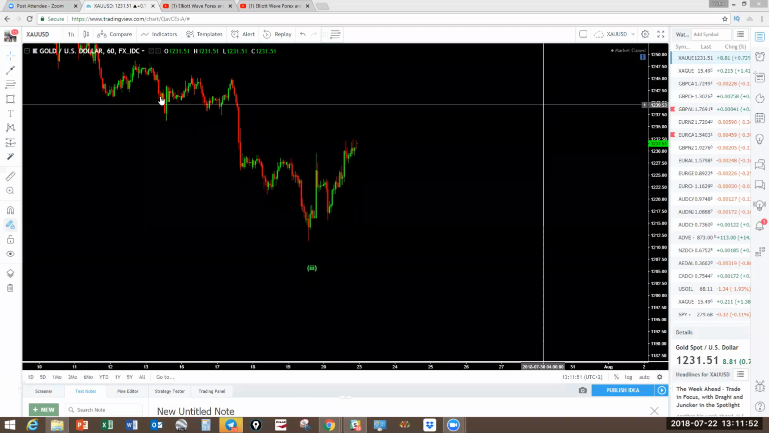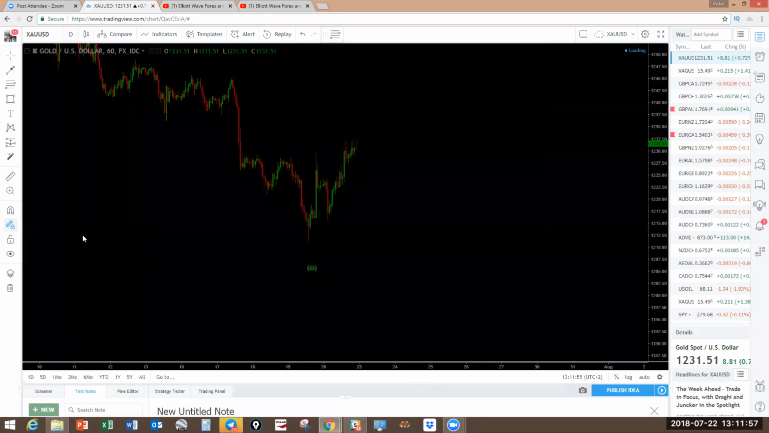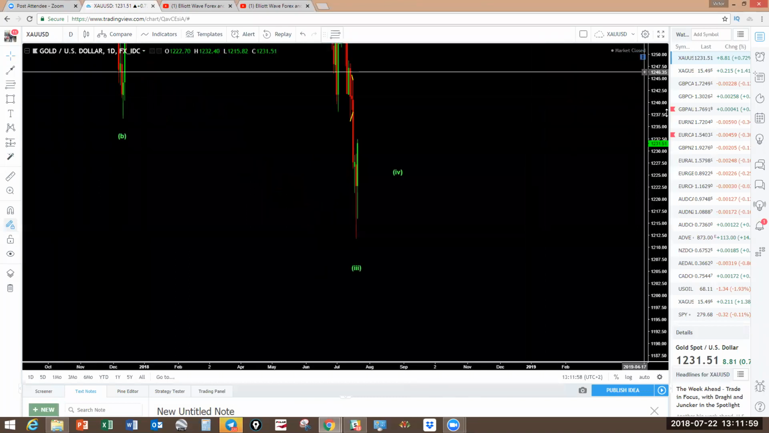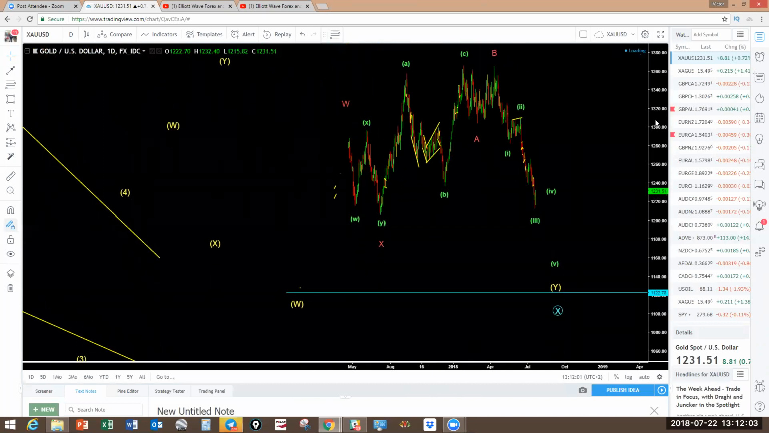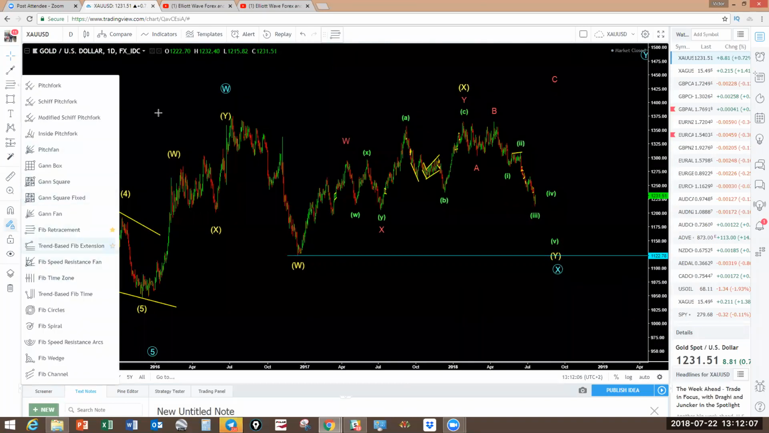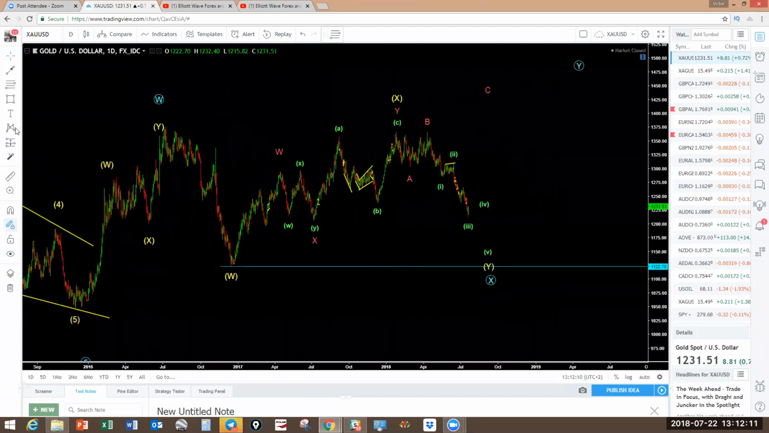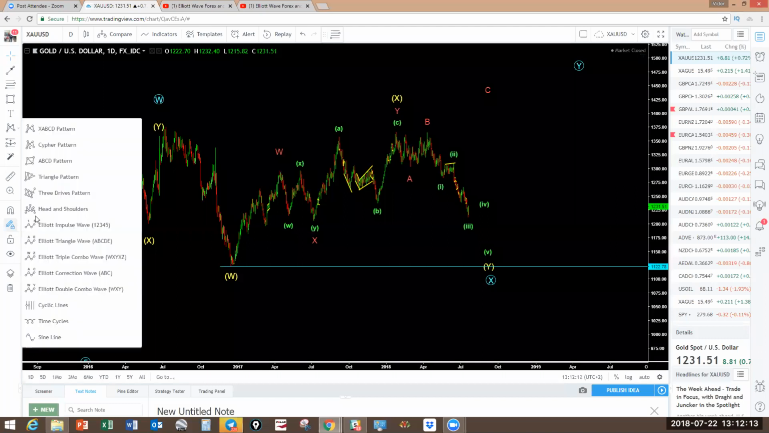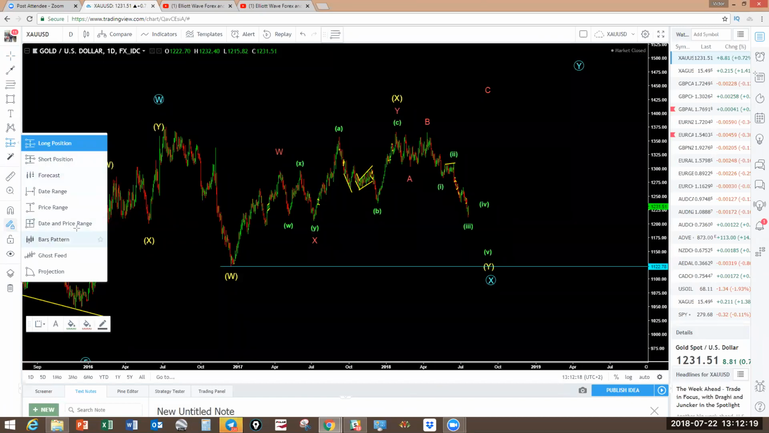Okay, so I also showed this bars pattern here last week. Let's see if you can see it clearly on the daily. Let me show you. I'm trying to address a question that was made in the comments of last week's video: where do I get my bars pattern? Here, if you look here,